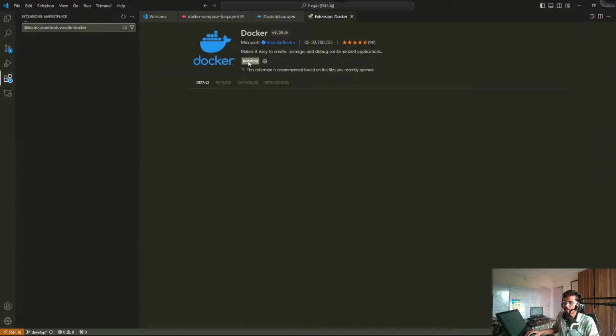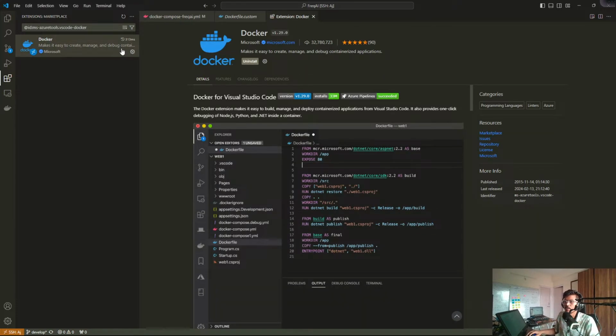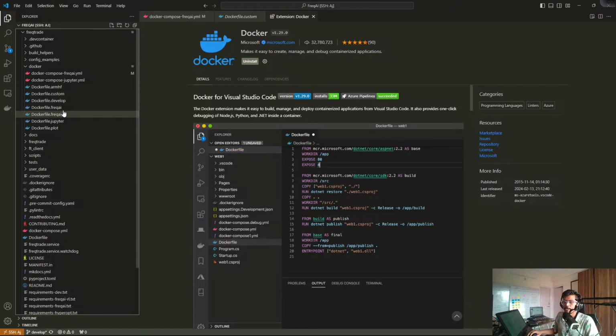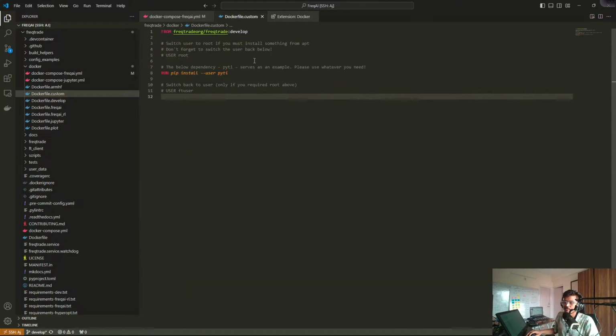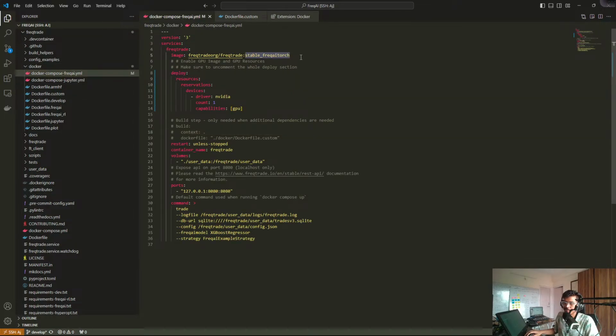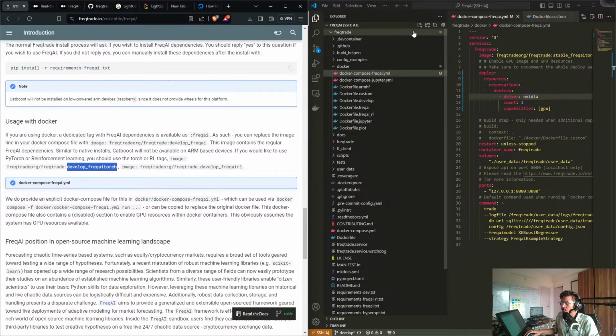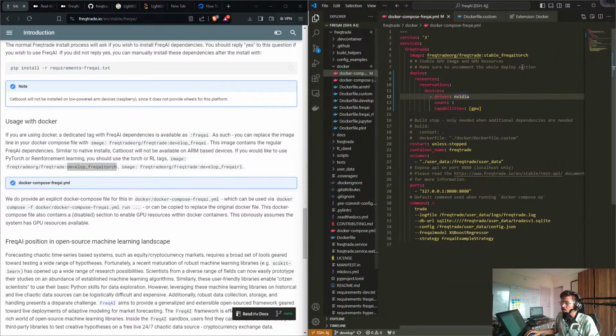Okay, let's install the Docker extension. It would be helpful. So yeah, see here, as they were saying, no additional dependencies from here. So we are taking the PyTorch AI image. But suppose you wanted to, from there, see we are using this one for now. This one, we can use this one too, right? FreqAI RL and develop FreqAI as well. So right now we are using Torch. So NVIDIA GPU